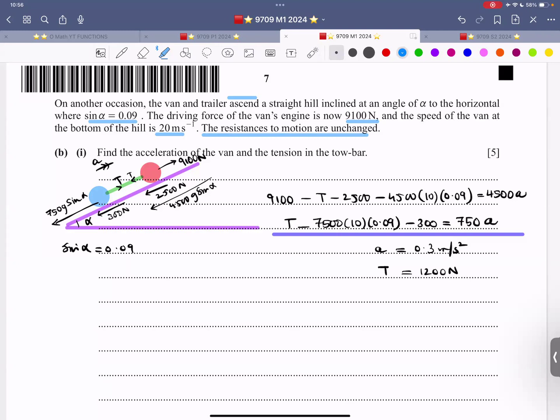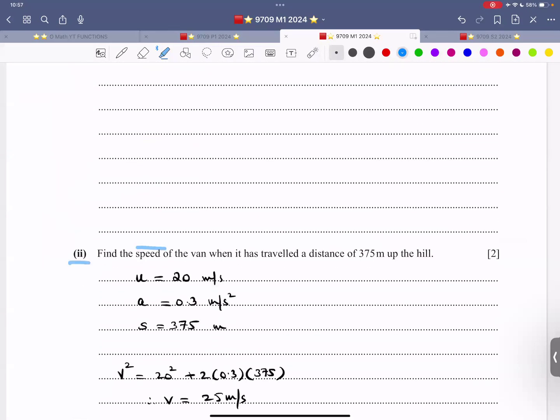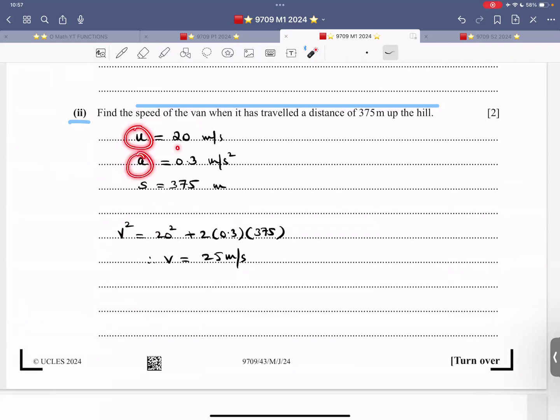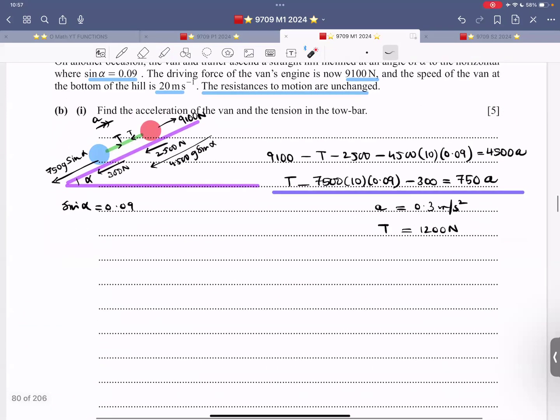This time, tension is unknown, acceleration is unknown. And also, later on, find the speed of the van when it has traveled a distance of 375 meters up the hill. Now, that is nothing special. Initial velocity is 20, acceleration is positive, distance is 375. That is basic kinematics. That's for 2 marks. For 5 marks over here, the same working, similar working to that. Engine force up,